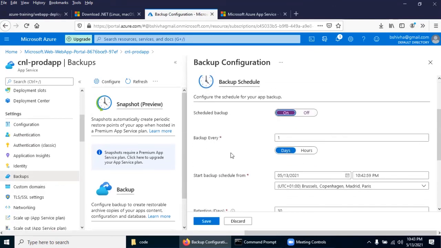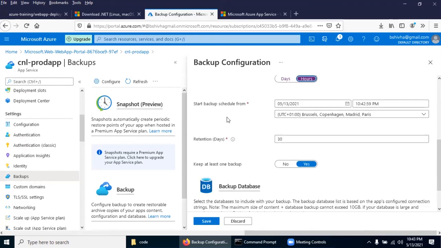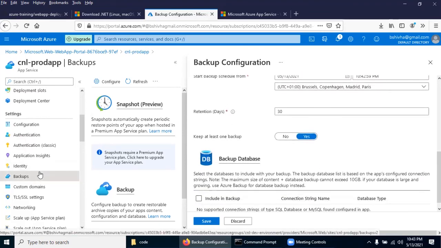You can schedule your backup every hour also. To do this, you need some clarity or some idea on RPO, the recovery point objective, because in a client project you need to have some idea on RPO. Based on this, you can configure it.